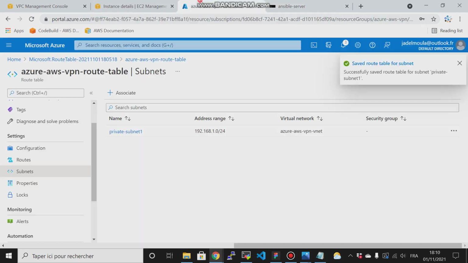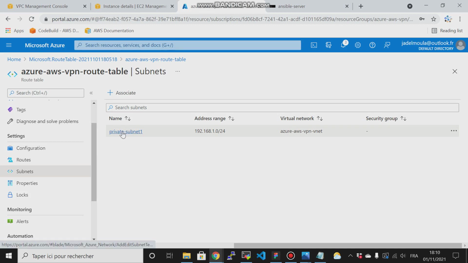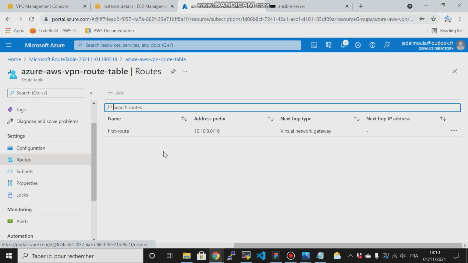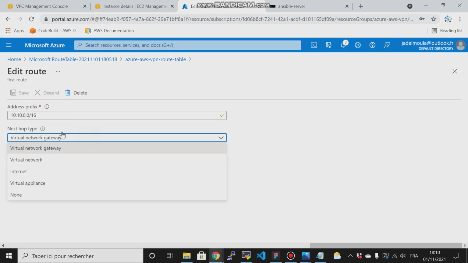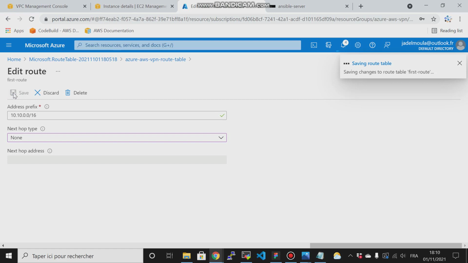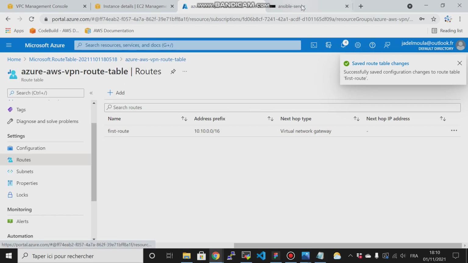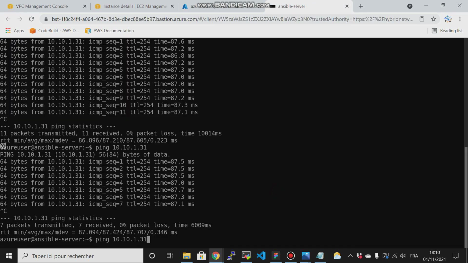If, for example, I come to this route and I want to edit it, and I choose none, it means that when any packet is forwarded to this IP address, you just throw it. Then for now, if we try to ping,